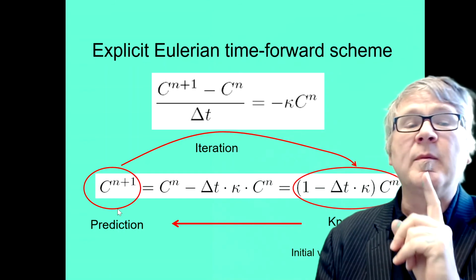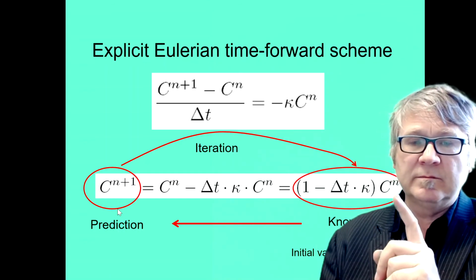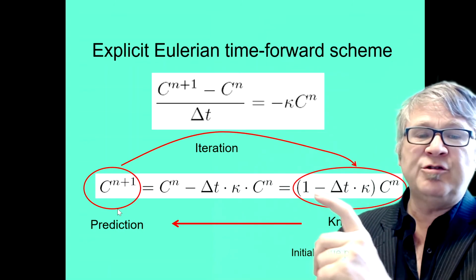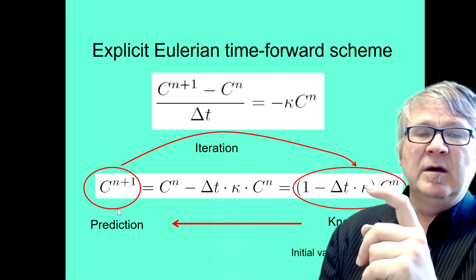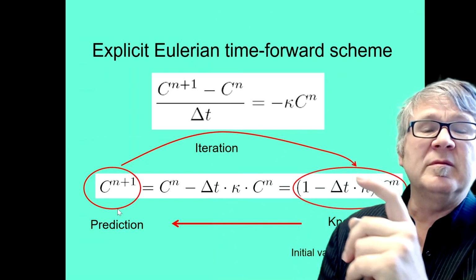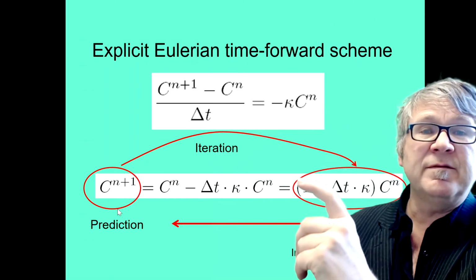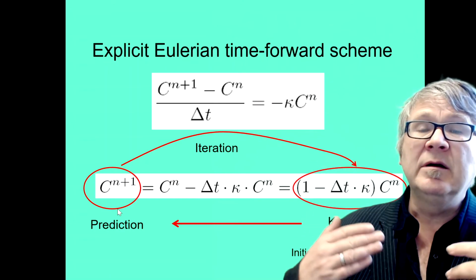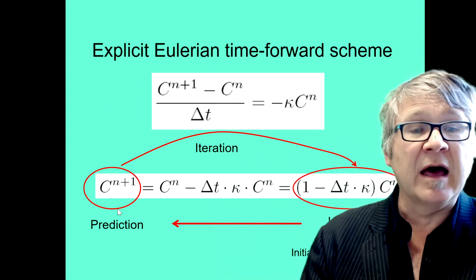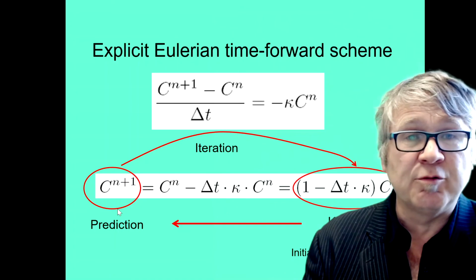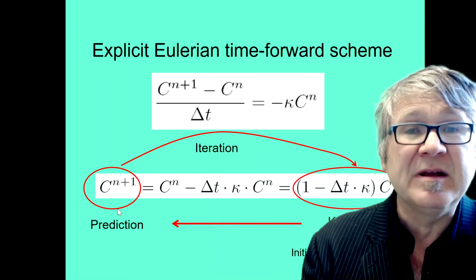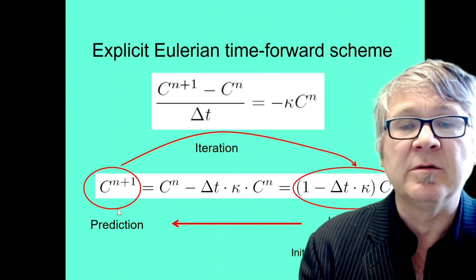However, there's one problem, and you might spot the problem. There's this bracket term here, and you have to make sure that this term is positive and that it has a value below 1, because otherwise you run into problems. This is what we call a stability condition. When we talk about that, we shall do that on the next